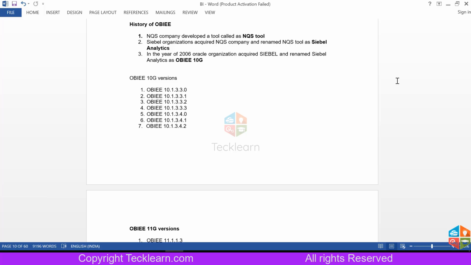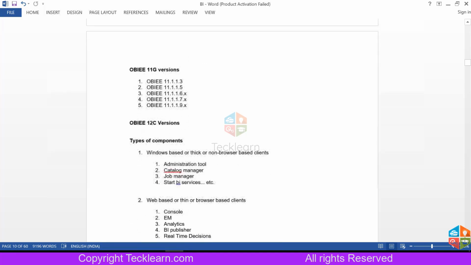That is one of the beautiful advantages with Oracle. It enhanced the tool to display graphs and records from millions of data, from hundreds to thousands. So in OBIEE 10G you have several versions. There are several versions because whenever there is a bug, Oracle tries to fix it and releases patches. So these are the different patches or intermediate versions they released. And then this is OBIEE 11G. When I say X, we have multiple versions again, so I just kept it X.